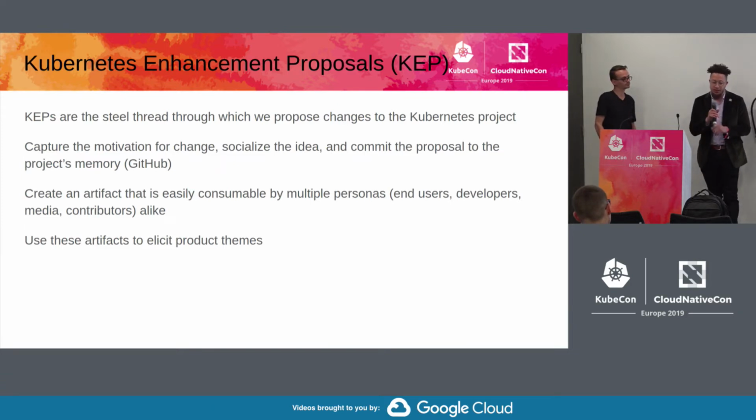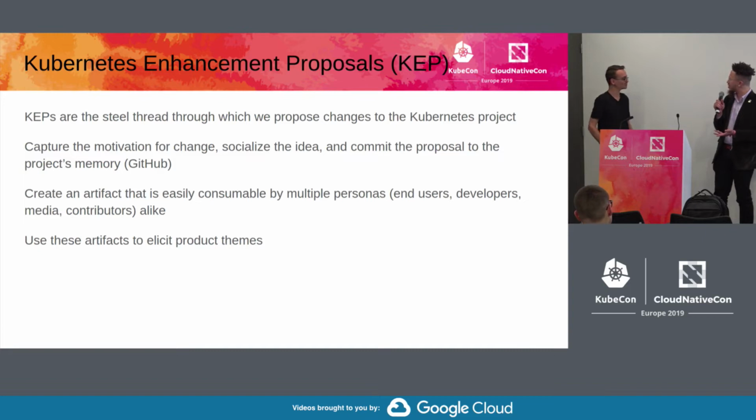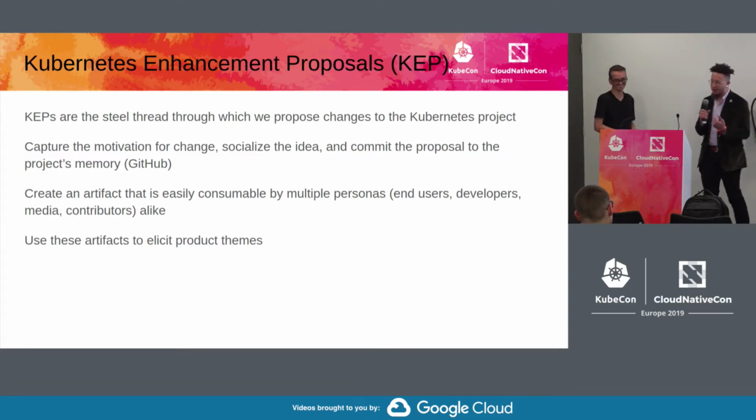So we consider the enhancements lead and the communications role within the release team kind of like extensions of SIG-PM within SIG release. And the interesting thing that we have right now is, I think we've got two former features leads of the release team for 8-9 cycles. For 2 years. Okay, right. And then I did it for 2 cycles as well.